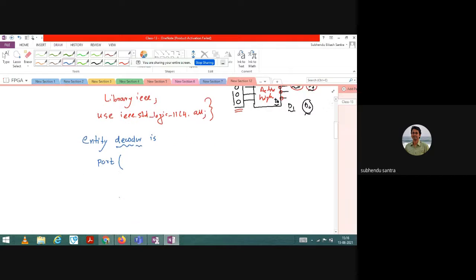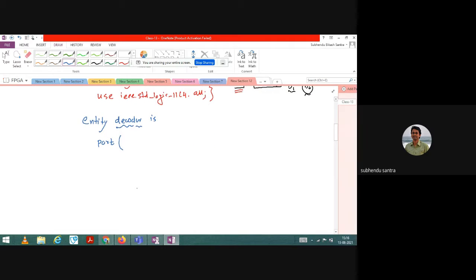In the port, how many ports are there? 3 ports. So X, let us say X is a port. Then it is in, definitely a standard logic vector, 2 down to 0. So this part is over. Now output I also need to declare.